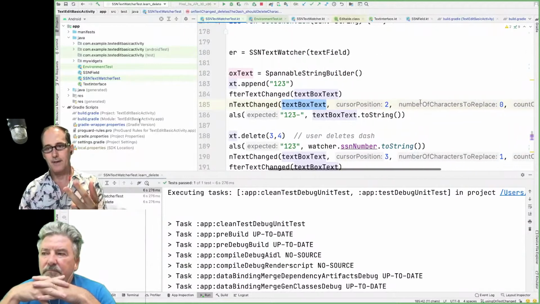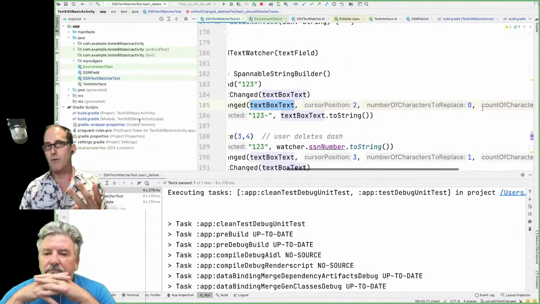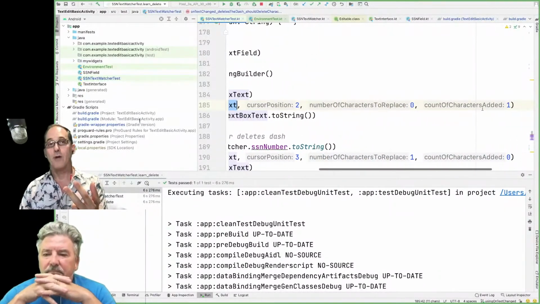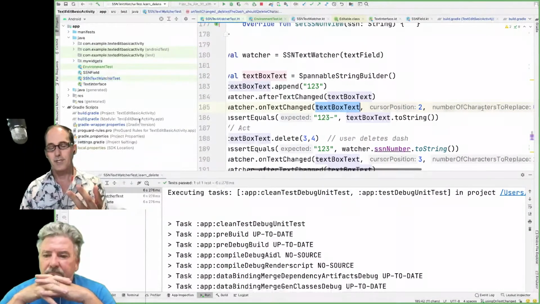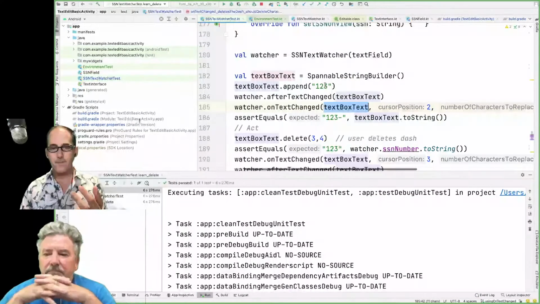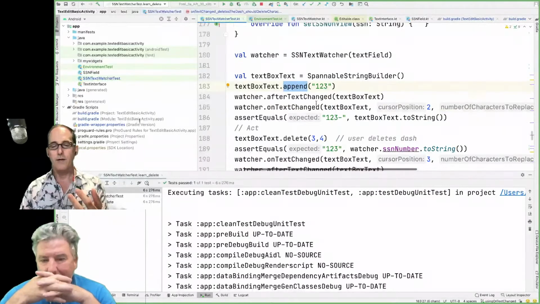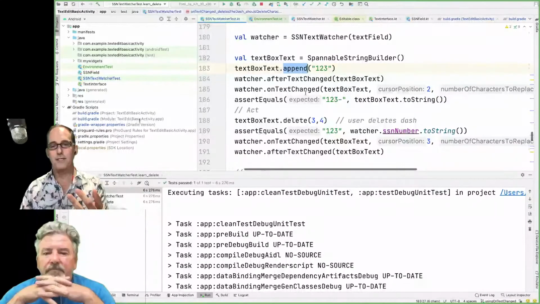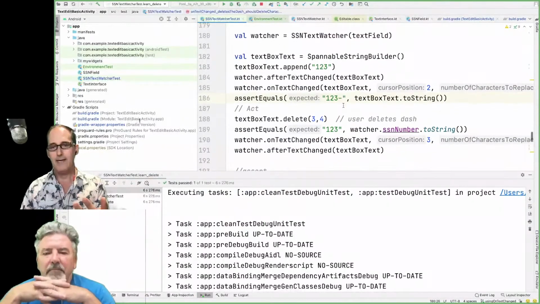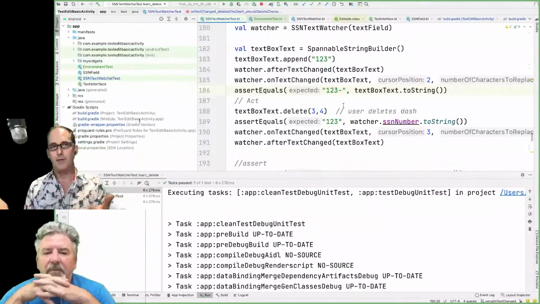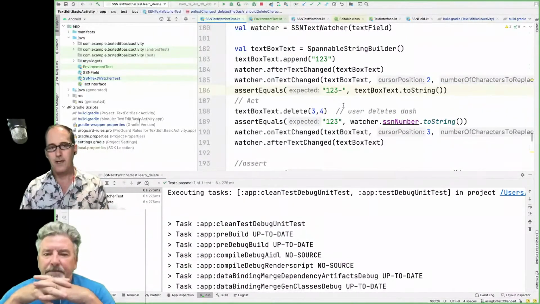That's accurate. Number to replace: we're not replacing anything. And we're adding the 3. So this is the adding a 3 scenario. Okay? And then after this is called, it's correct. It did add the dash correctly. So this is getting us up to the point of having the dash. And then